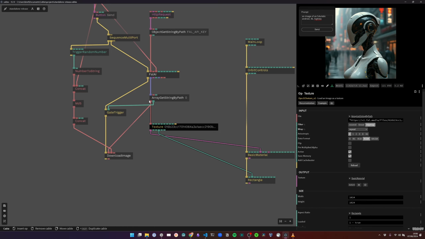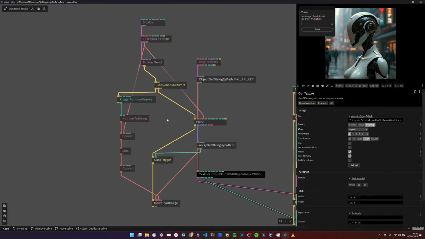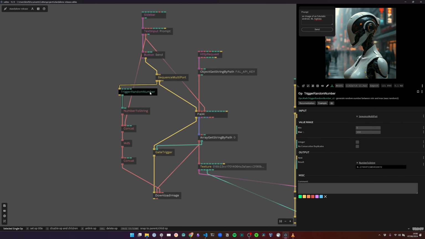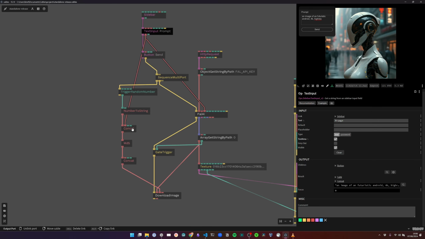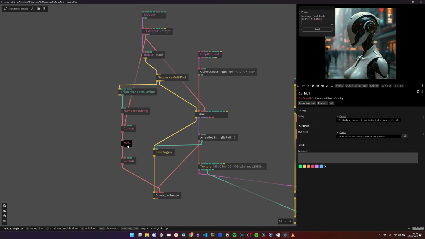I'll show you after. But if you create an image, you need to set a name to save it on your own computer. So what I did is that I'm just randomly generating a number, and I'm concatenating it with the prompt. So I'm transforming the prompt with this MD5 function. It takes any string and creates a hash like this. But if you want several variations with the same prompt, then it will always create the same hash. So this is why I just prepend a number,